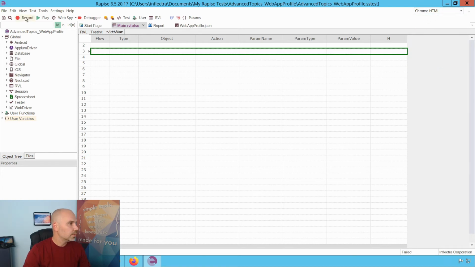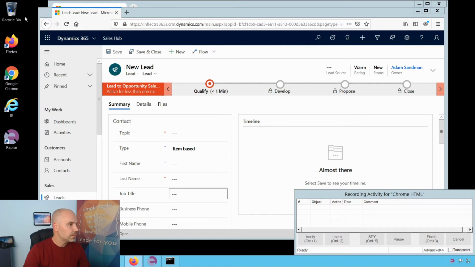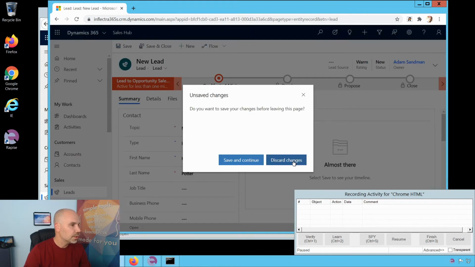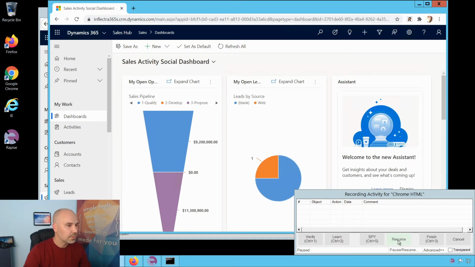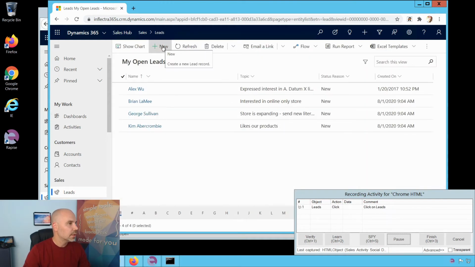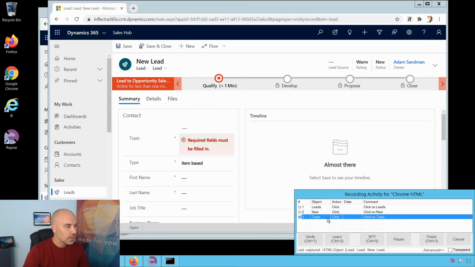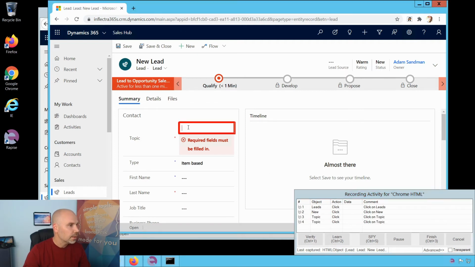I start recording. Same scenario. So I pause my recording to bring Chrome to the foreground, and let's go to the home page, to the initial state, and resuming recording, I start interacting with the application. Same scenario, clicking on leads, starting a new lead, and then I click on the topic. You can see now that the topic was added to the list of objects here, so our names are fixed now. Okay, so entering my topic,